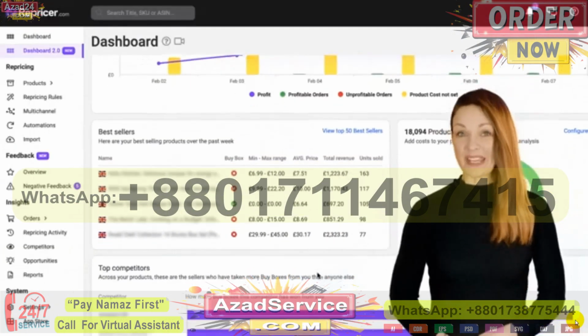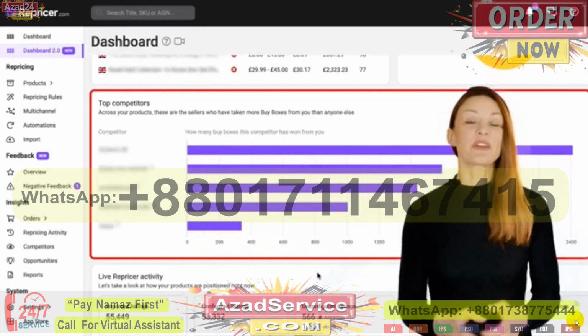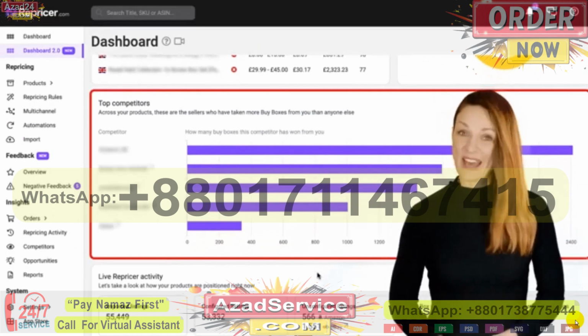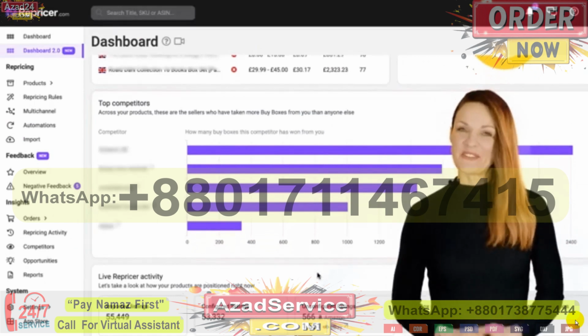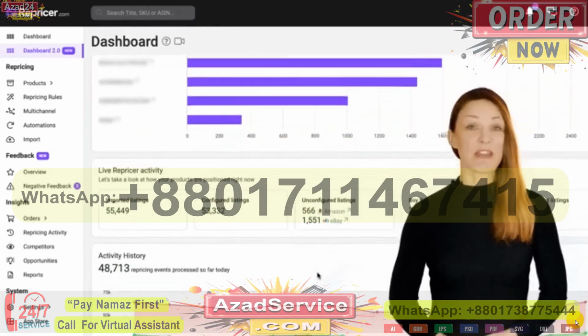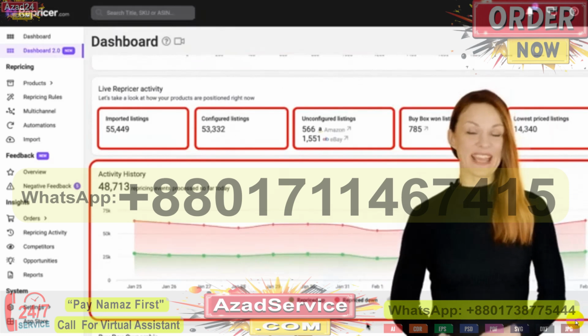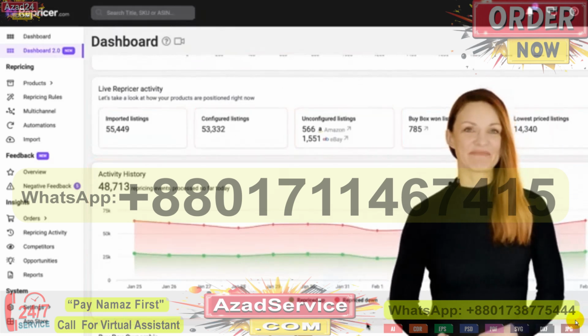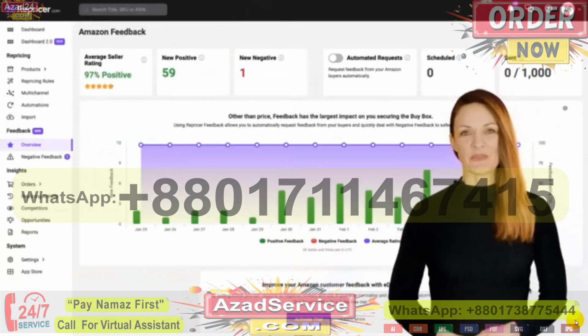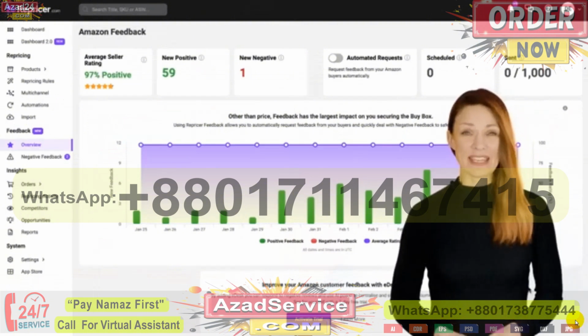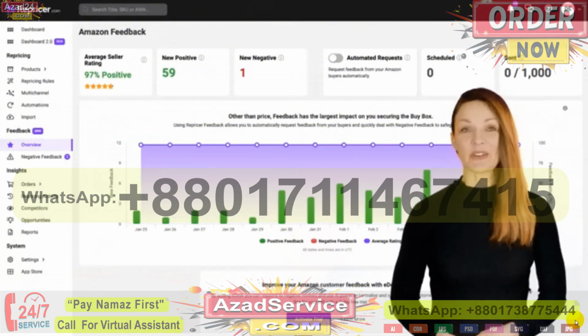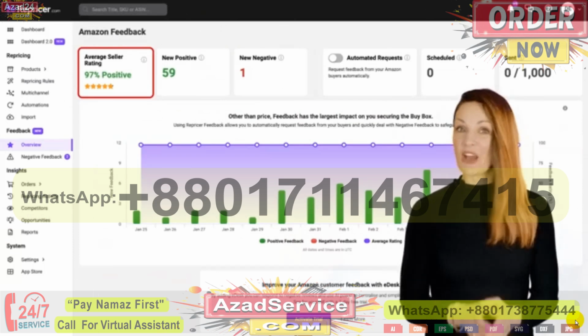See who you're competing with for the buy box so you can craft winning strategies to outperform them. Finally, keep on top of your live repricing and monitor your buy box wins and recent repricing activity at a glance. Managing your Amazon feedback has never been easier with the ability to monitor your average seller rating while viewing